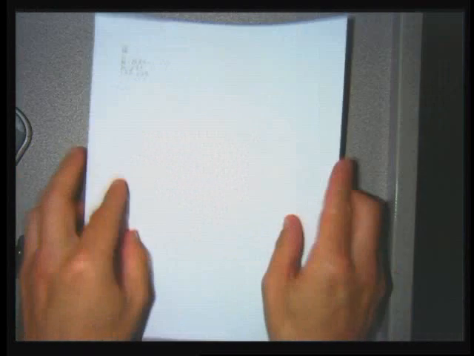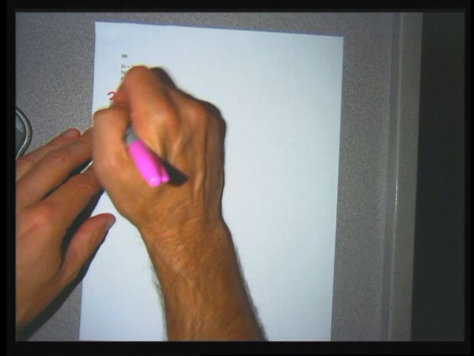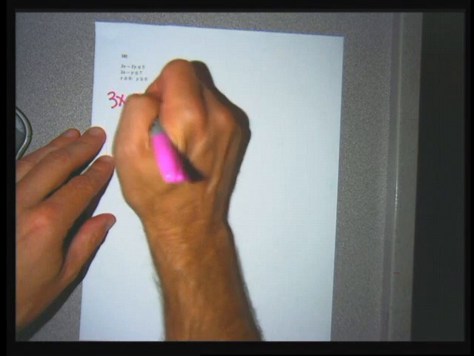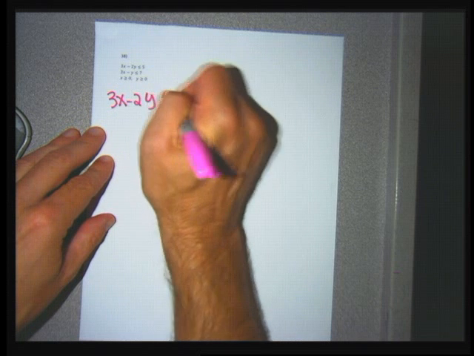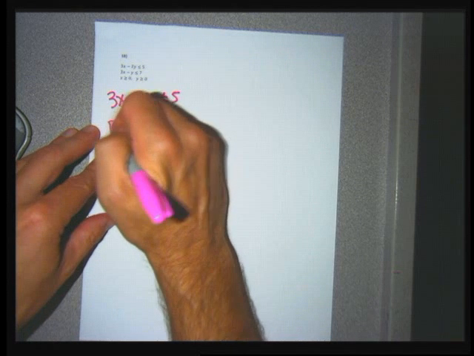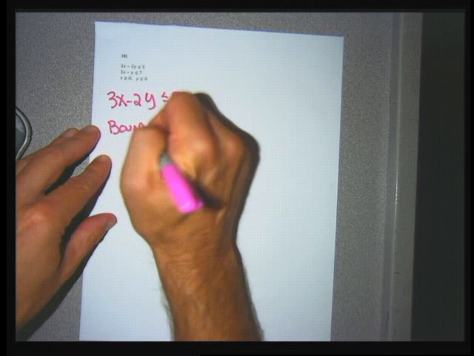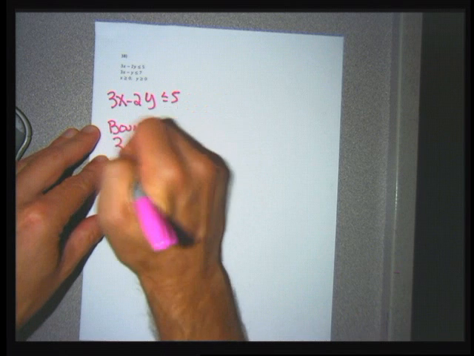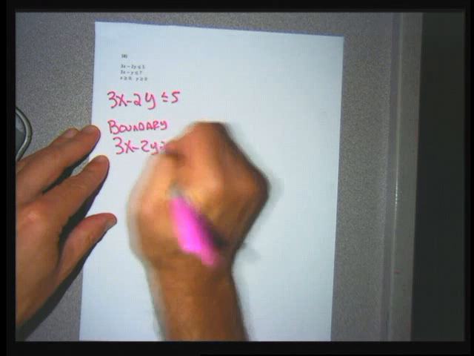All right. I just really wasn't aware of the fraction avoidance, so I'm dealing with too many fractions here in problem 38, but I'm just going to deal with them. So as I go to do 38, the first thing I'm going to worry about is 3x minus 2y is less than or equal to 5, and I'm going to do my boundary, which is going to be loaded with fractions. The 3x minus 2y equals 5,